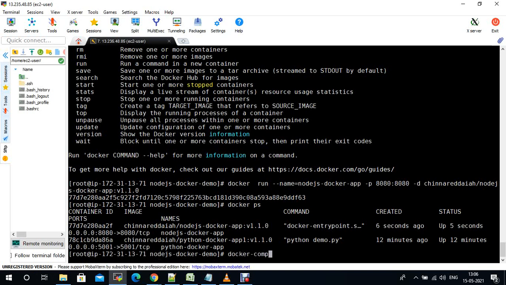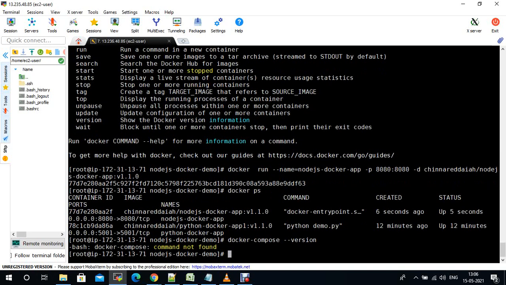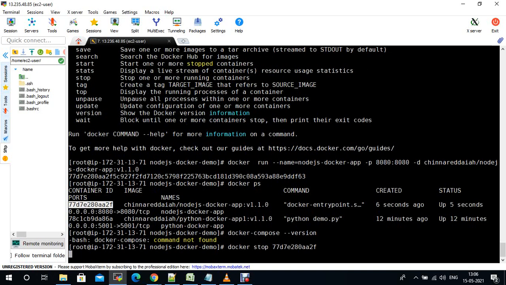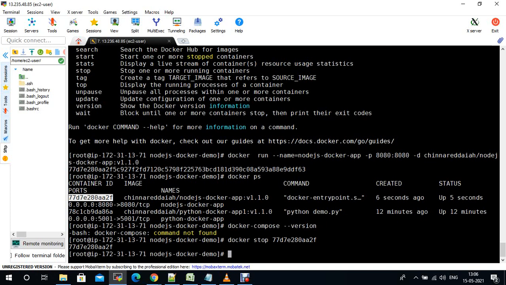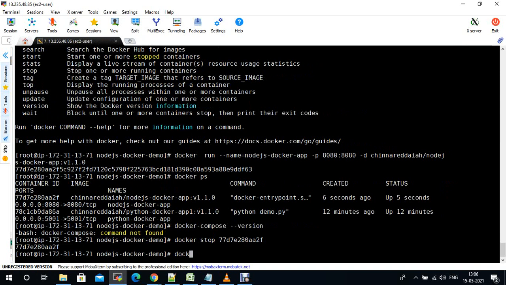Currently Docker Compose is not installed in this machine. So before that, I just stop the containers. Docker stop, I need to stop this container by container ID. Let me stop the Docker. Okay, it is stopped. And let me stop another container.